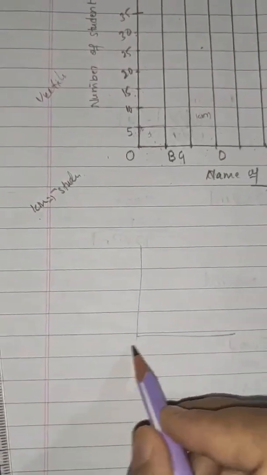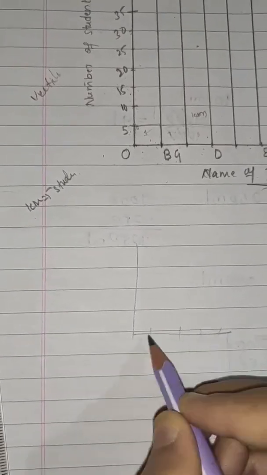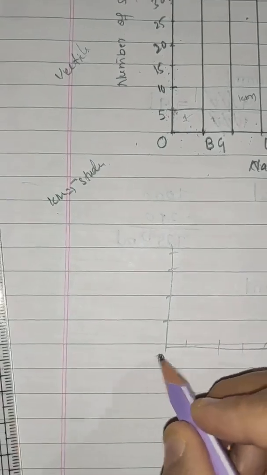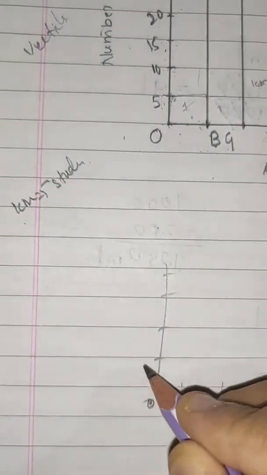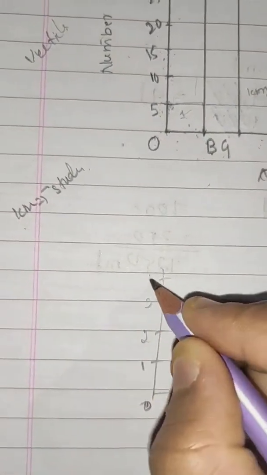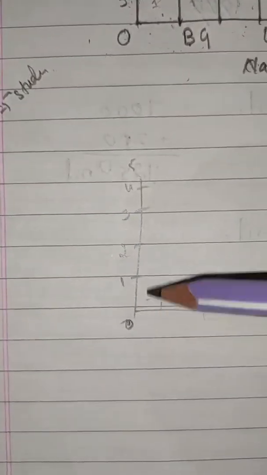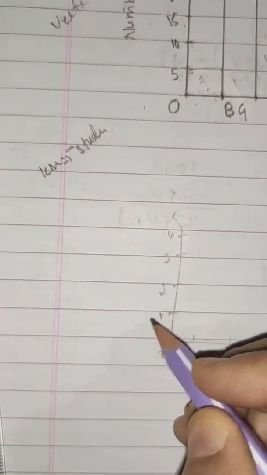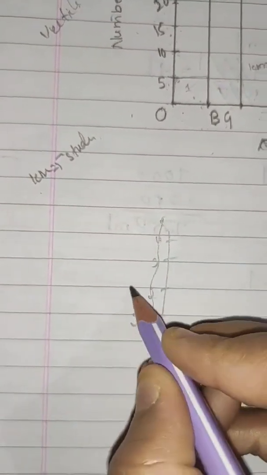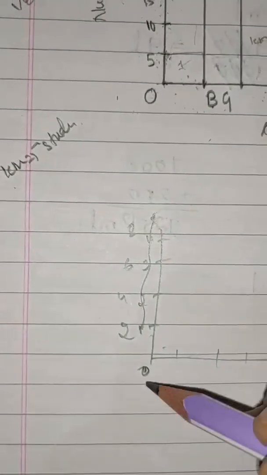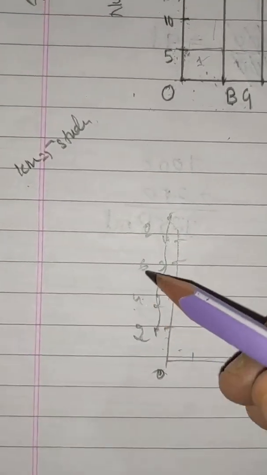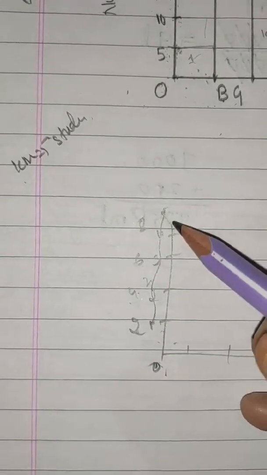Suppose this is another graph. It is 1 centimeter, and this is another centimeter. If you are taking 0 here, it is 0. Here I am taking 1, 2, 3, 4, 5, because my data has numbers like this. If it is not like this, then I am going to arrange it, maybe 2, 4, 6, 8. See the difference: 0 to 2 is a difference of 2, 2 to 4 is a difference of 2, 4 to 6 is a difference of 2. It should be similar.